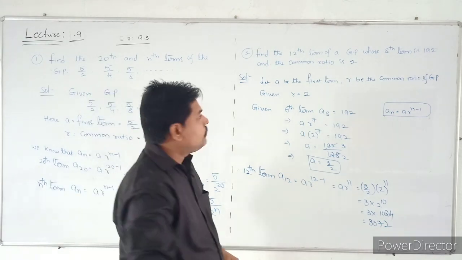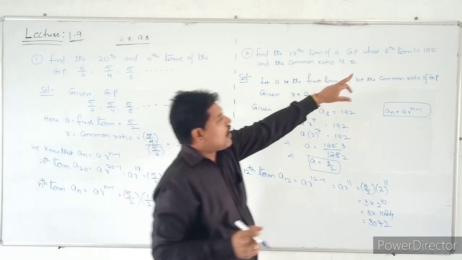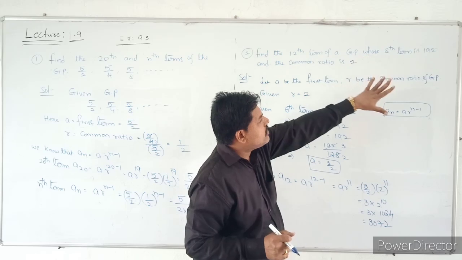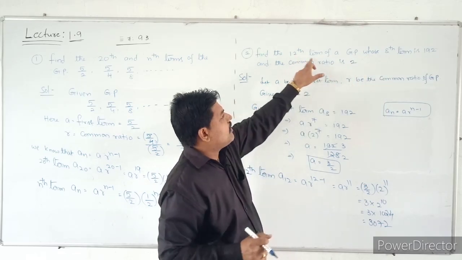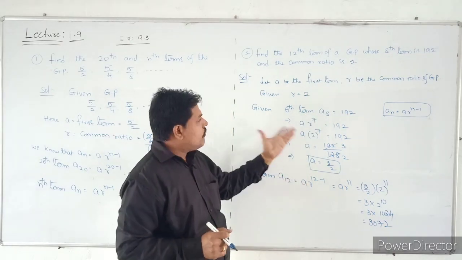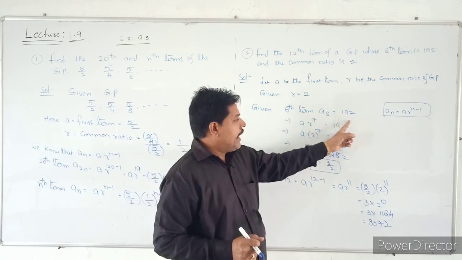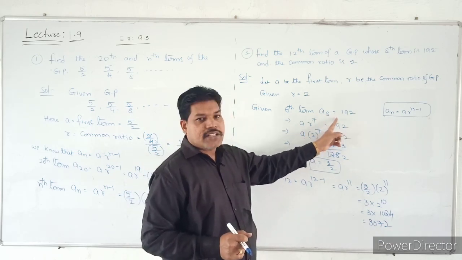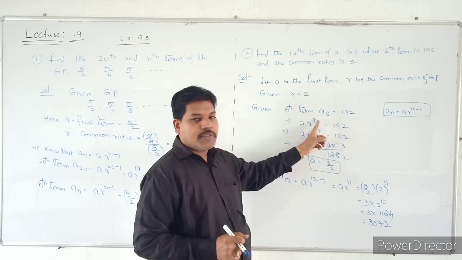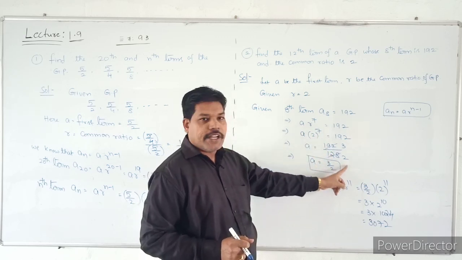See that question once again. They have given that the 8th term is 192 and the common ratio is 2. So the 8th term is given and the common ratio is given. They are asking to find the 12th term. If you want to calculate that, you need the A value. So first of all, take R is equal to 2. Just write down the 8th term. A8 is equal to 192. A8 is nothing but A into R power n minus 1. So 8 minus 1 will become 7 only. In the place of R, just replace the 2. So 2 power 7 is 128.